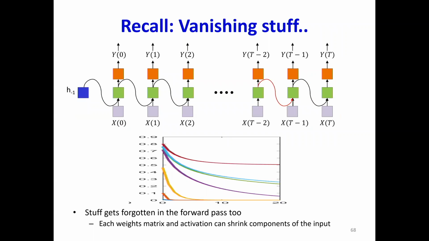Now, remember, stuff got forgotten even going forwards. And why did stuff get forgotten going forwards? Because all that got retained was the weights and the biases, right? The only condition under which it kept the memory was when the weights, or the eigenvalue vectors of the weight matrix, were identity, right? And so activations, it didn't matter which activation you gave it, it kind of blew up.